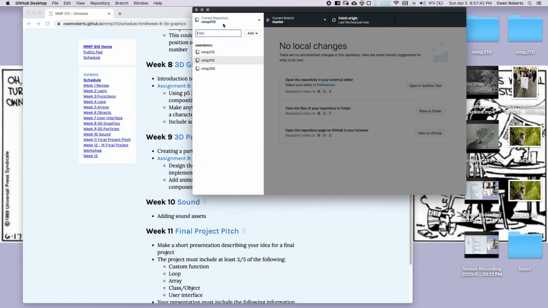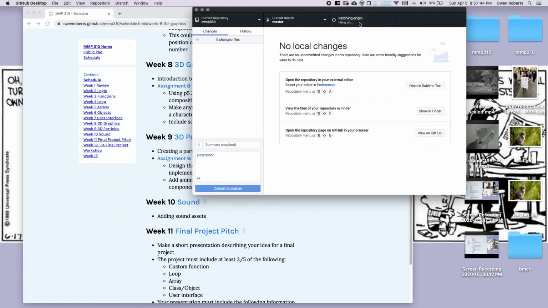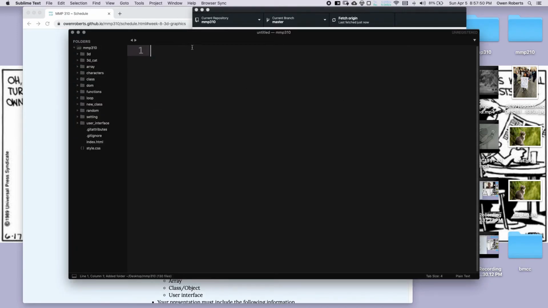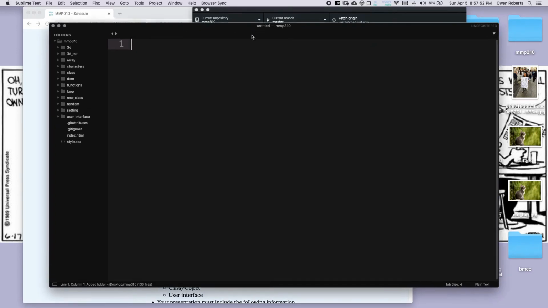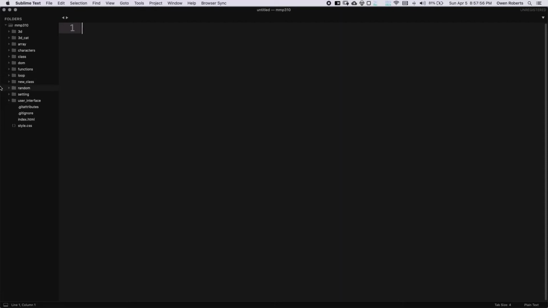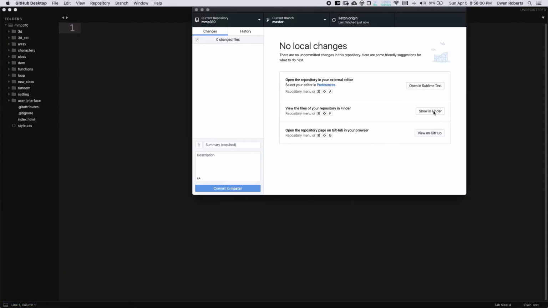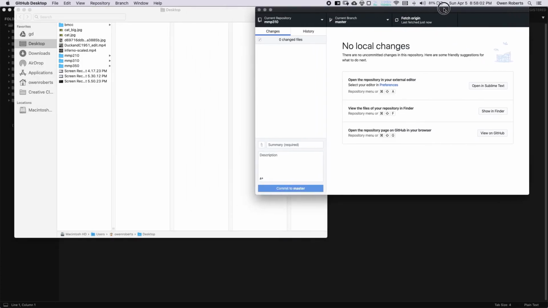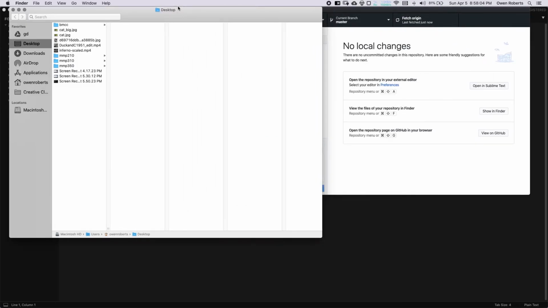I'm going to make sure I'm on my 310 repository, make sure I'm up to date. And then I can open up my project in Sublime Text from here if I want to do that. I can also drag it into my Sublime window, Sublime icon here. And then I'm going to also show in Finder so I can make a copy of the project to get